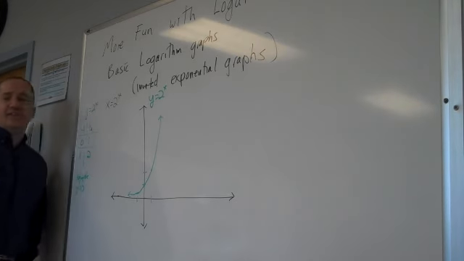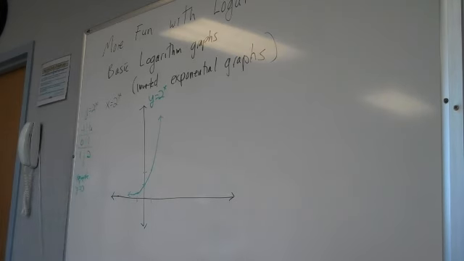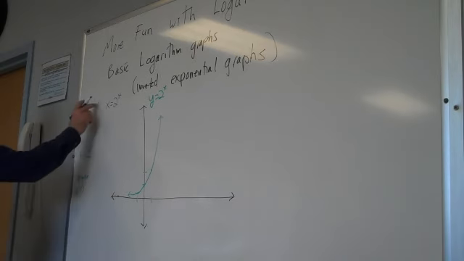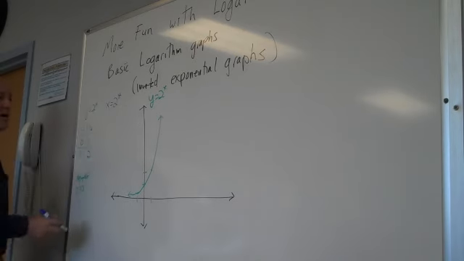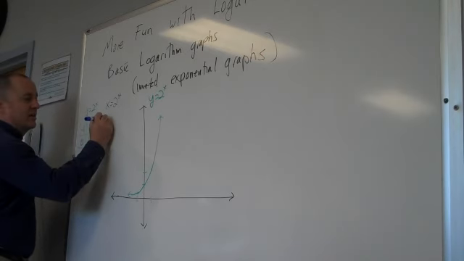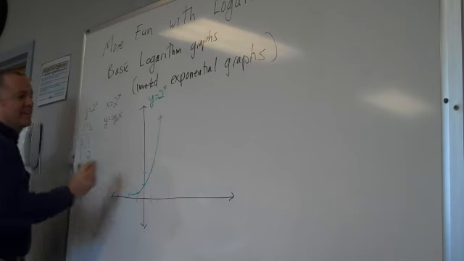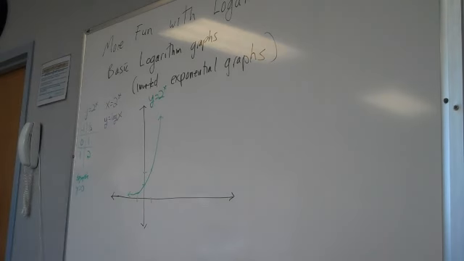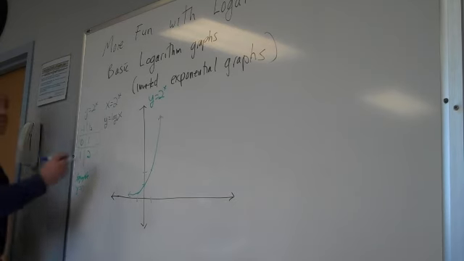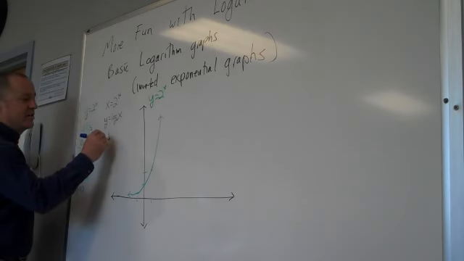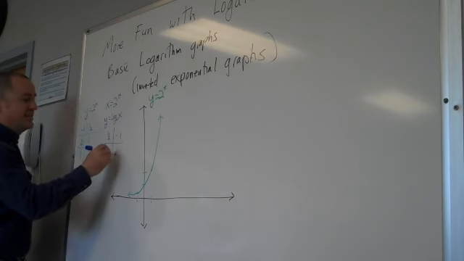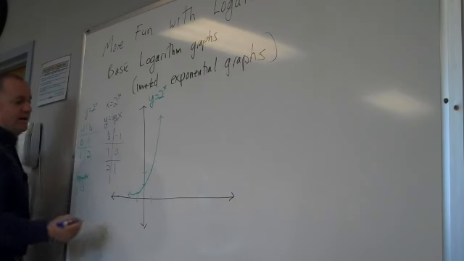How do we write this with logarithms? The inverse of y equals 2 to the x is the same thing as x equals 2 to the y. So y equals log base 2 of x. This will be the inverse. Okay? And the interesting points on this one are going to be 1/2, -1, 1, 0, 2, 1, and